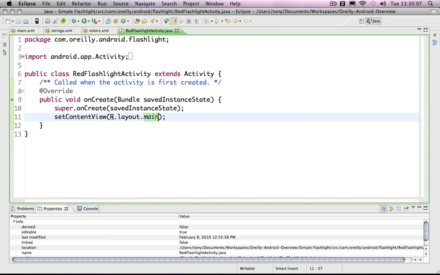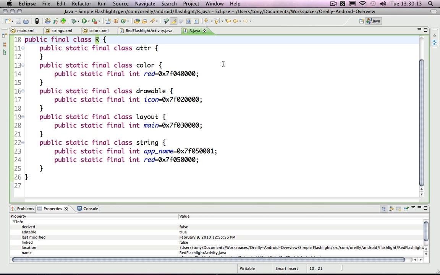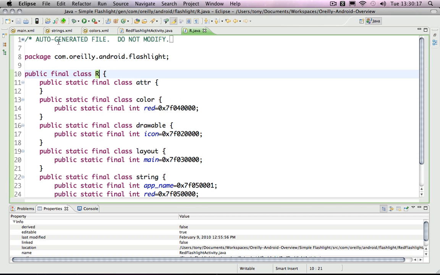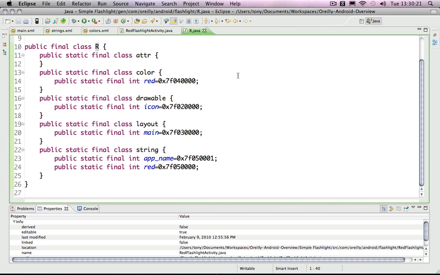So now let me go open up this R class. I can put my pointer on it and hit F3, which is a nice Eclipse shortcut. And you can see this is the generated R class. If I come up here, there's the standard boilerplate, don't touch this warning. And you can see that there is a unique